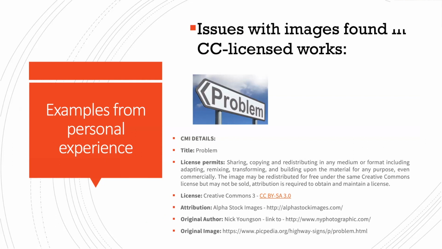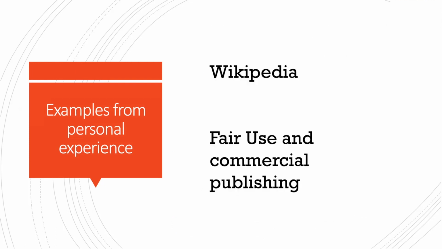I have a personal example of an image that a textbook author wanted to use in their textbook. The image was posted online under a Creative Commons license. However, upon closely looking at the image, I saw that there was a copyrighted watermark in the corner of the image. It was so pixelated, I could not see who the original copyright holder was, but what was clear to me was that the person who posted this picture online and attributed the Creative Commons license to it was not the actual copyright holder. Even when using Wikipedia, be careful and check to see what the copyright is.